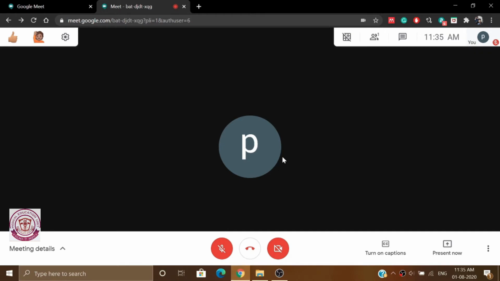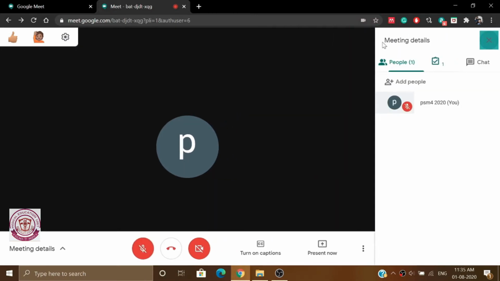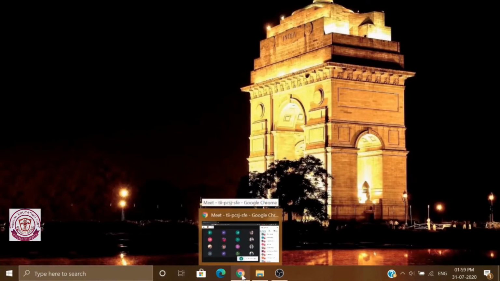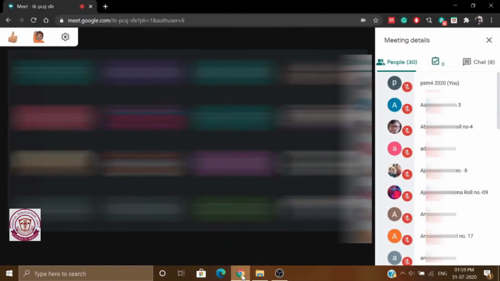A Google Meet has already been started for the purpose of this demonstration. Locate the Show Everyone icon on Google Meet window. Click to find the icon for Meet Attendance extension. It will be the one in the middle with a tick mark symbol. Let us now see how to use this extension.